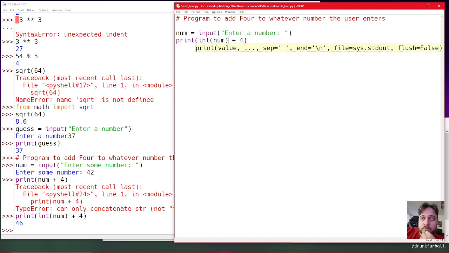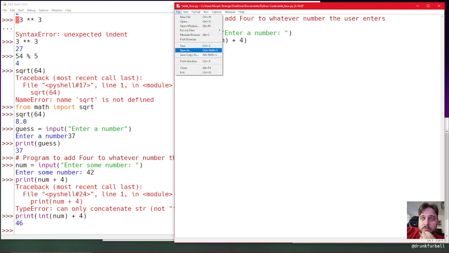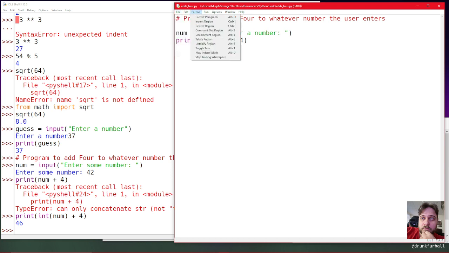Now we've got to put our int function around our num label, which is the input from our input function. That label points to the value that the user put in, which was an alphanumeric string. Our integer function turns that into an actual number we can use in math. And that math continues in the print statement. So, there we go. We're done there. Hit save. Go to run